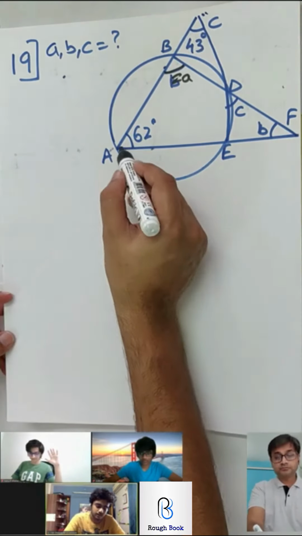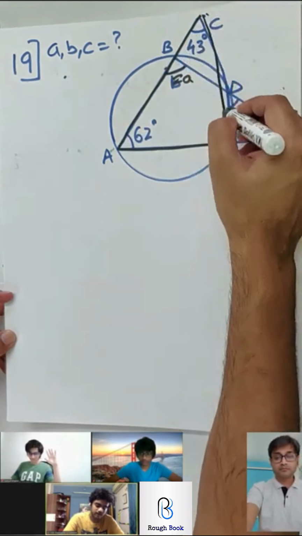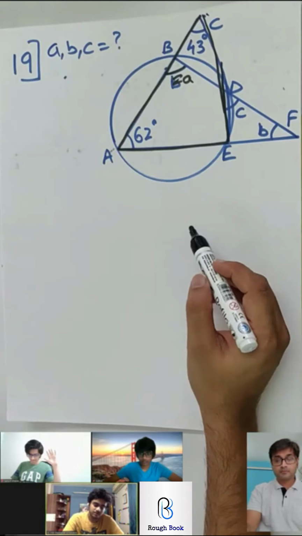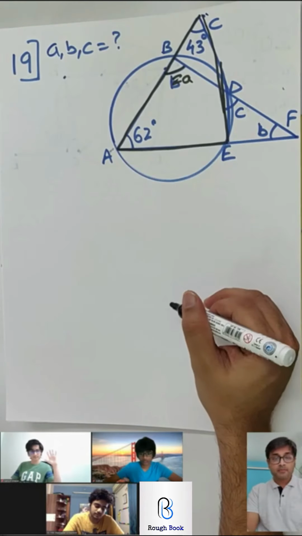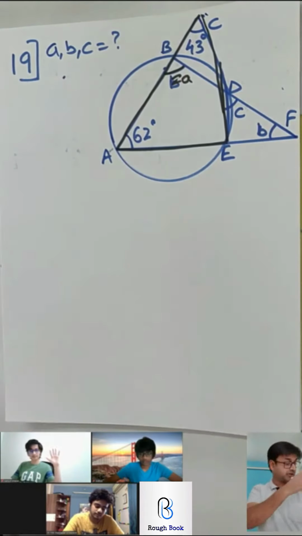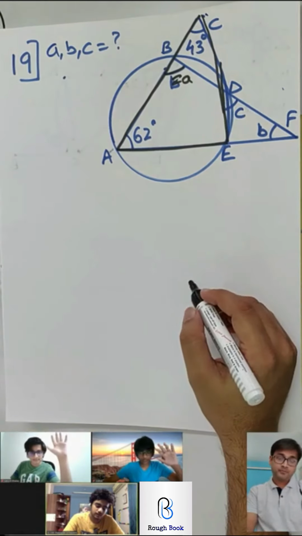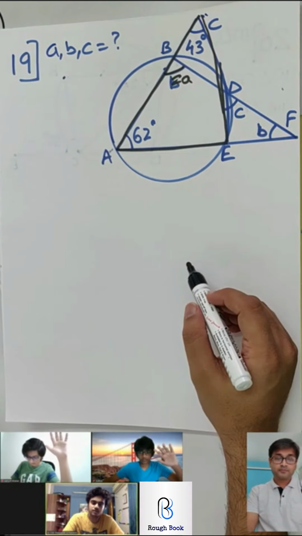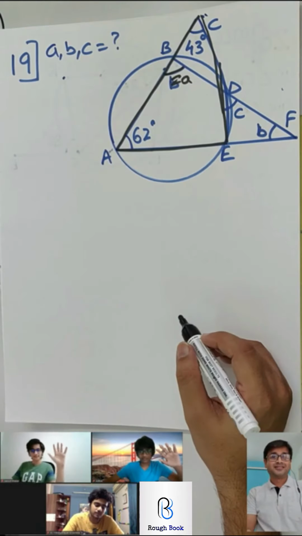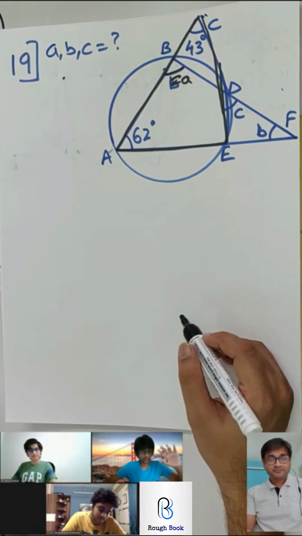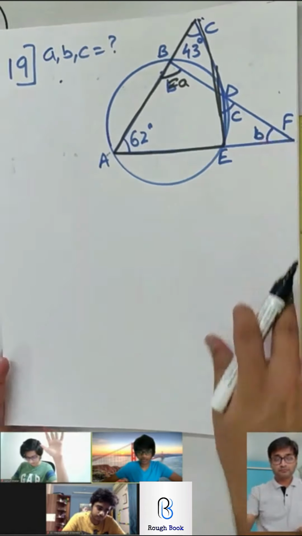So we can say that in quadrilateral ABDE, the angle BDE is equal to 180 minus 62 because of the property of cyclic quadrilateral. Okay. But that will not help you to get A. That will help you to get C probably. How will you get A? So what I was thinking is that C is easier, so can't we get it in the other order? Yeah, you can get it, but right now I want you to get A. Yes, Balan. So we can say that angle ABD plus angle AED is equal to 180 degrees.